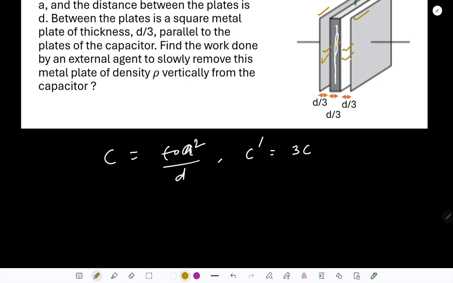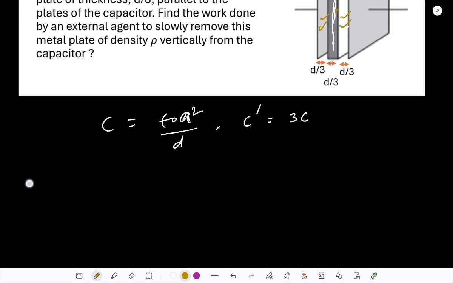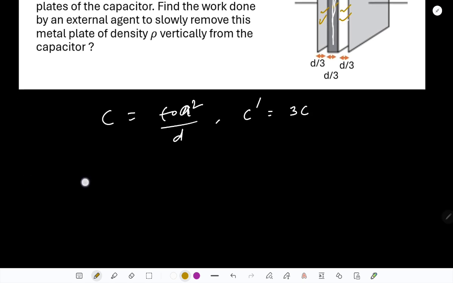So I'm going to write the electrostatic energy of the system before removing the metal plate, and that is equal to U naught, the initial condition, equal to twice Q square by 2 C dash, because C dashes are their capacitances,